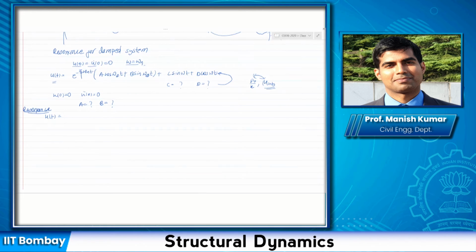Yes, anyone? Hello sir, this is Ravindra. Sir, the value I got for A is equal to minus u_st0 divided by 2 xi. And for B, I got minus u_st0 into omega n divided by 2 omega d. Now this is for what? This is for A. And B you said is? Minus u_st0 into omega n divided by 2 omega d. Okay. All of you getting this?